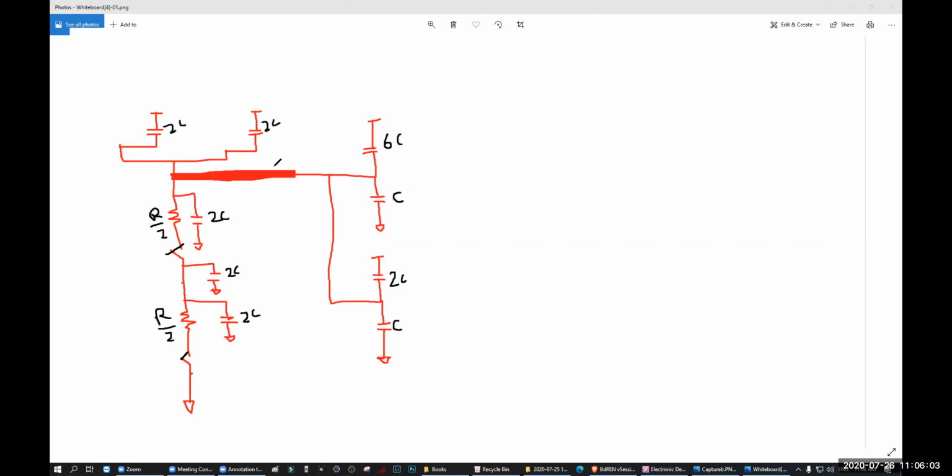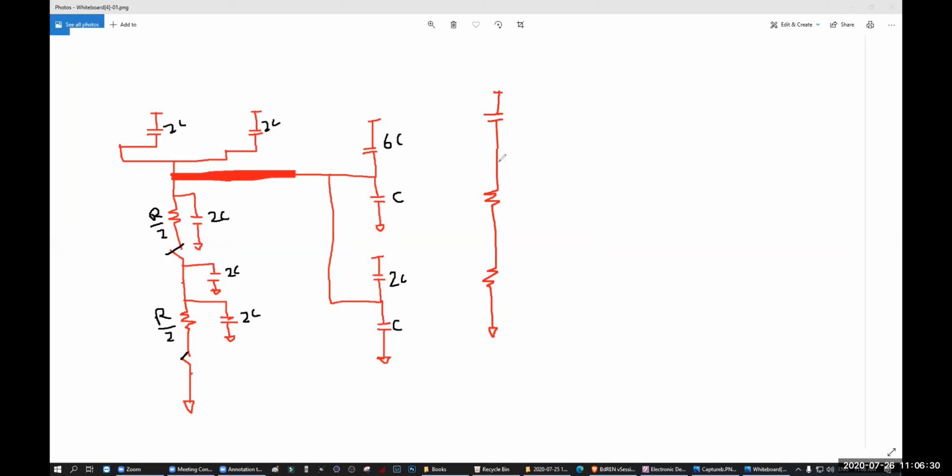Now I'm going to draw this circuit again here. So how can I draw it? Like this. Here you have 2C, 2C. They will become 4C because they are short, they are not in between the wires. They will become 4C, right? Yes. At the bottom, you have one resistor, and another resistor, something like that.